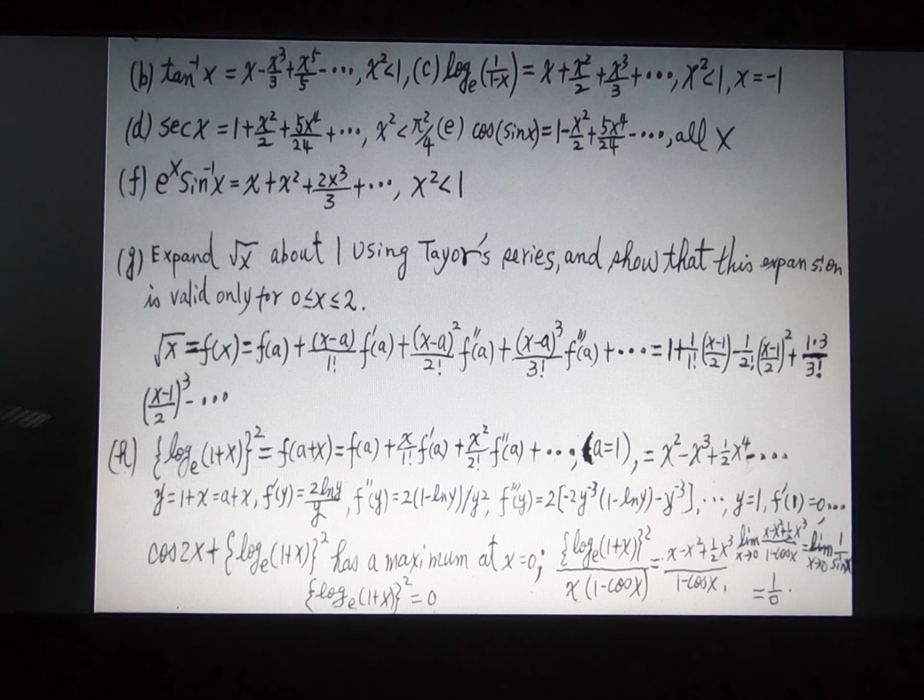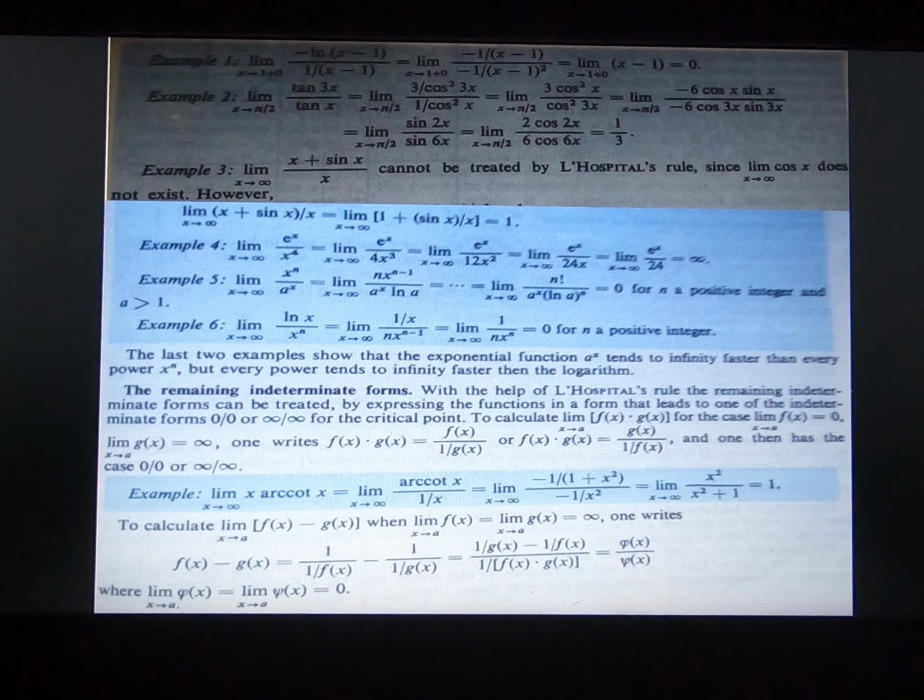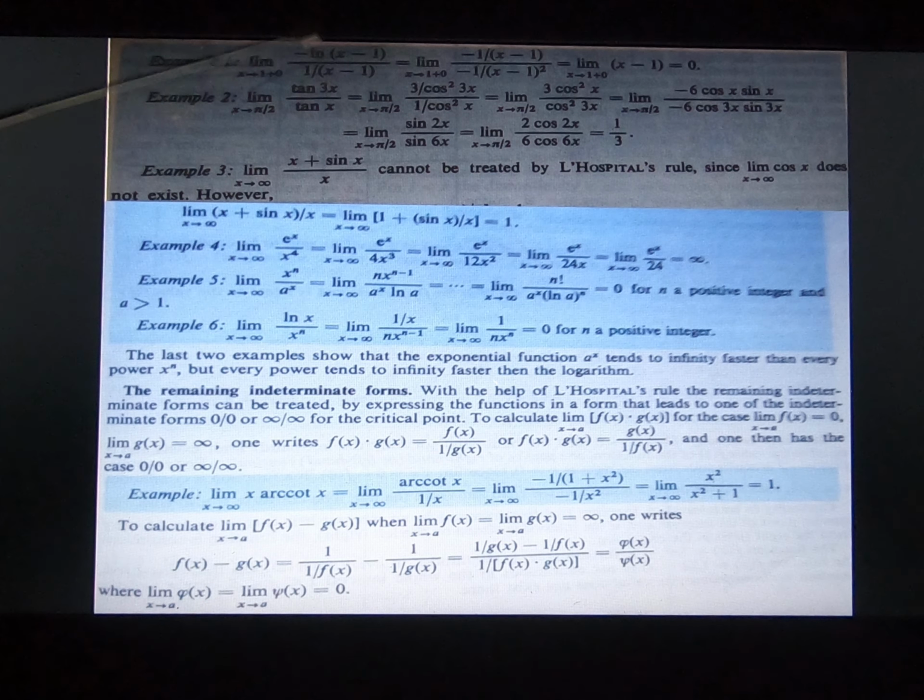So these are some other examples. And these are some other examples of getting the limit. And you can see from the example